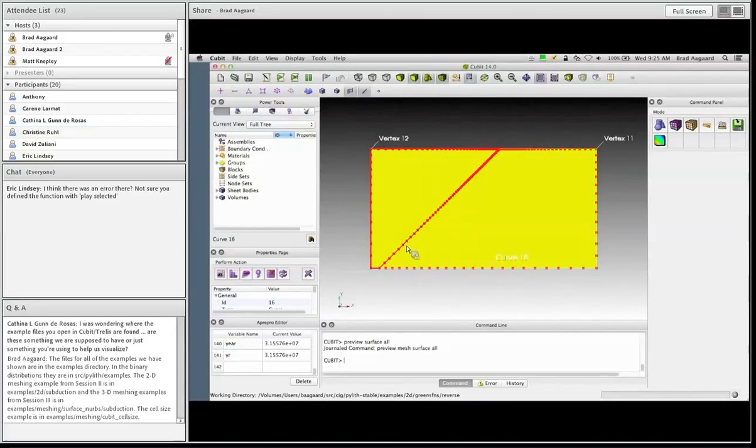So this line here, A to D, that should have been curve 14, and I believe we had curve 18. So we'll make sure to update that in our code repository. This was our discretization size. So we have a nice smooth variation of discretization size away from the fault,